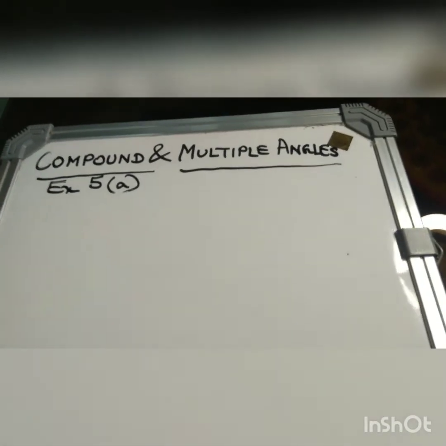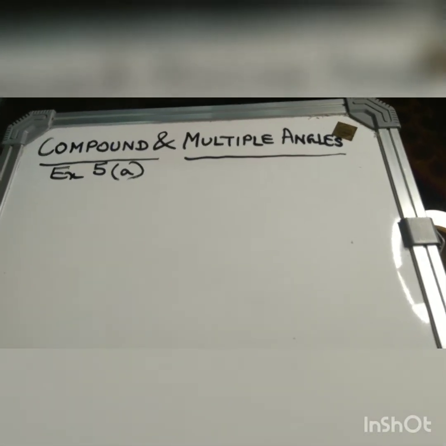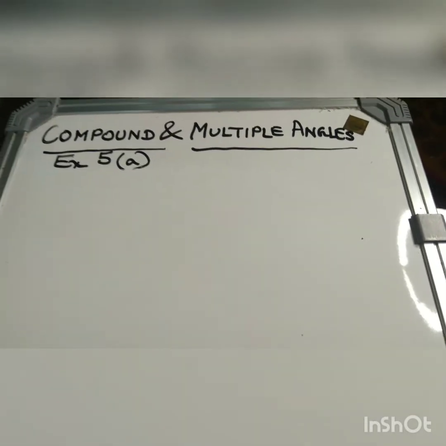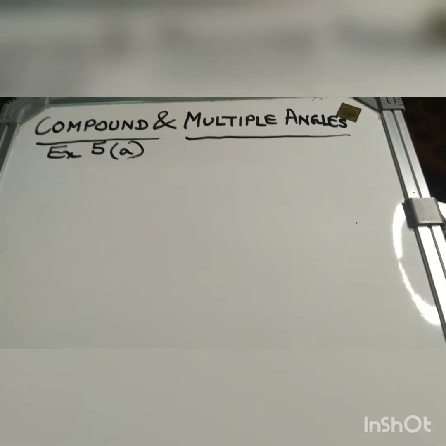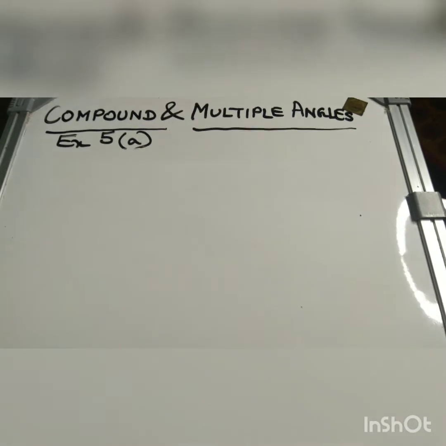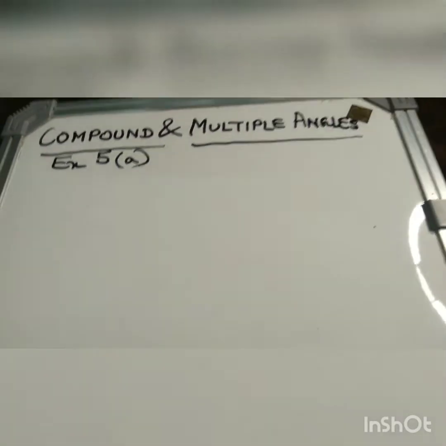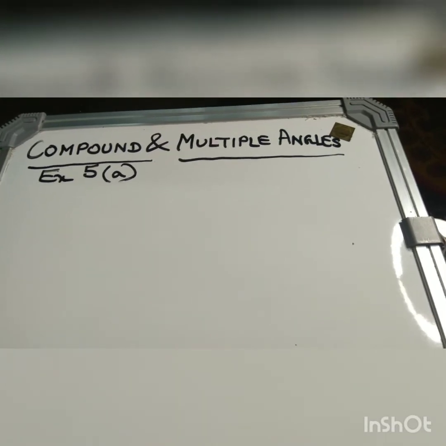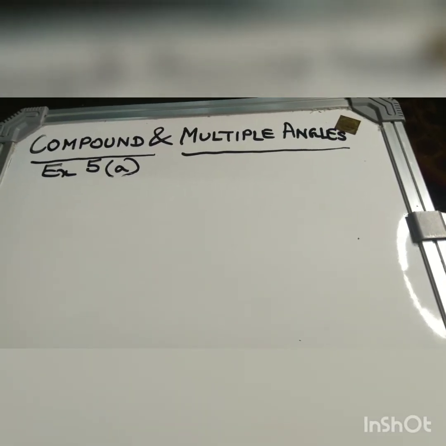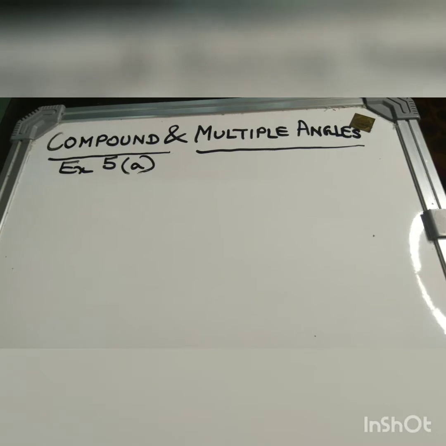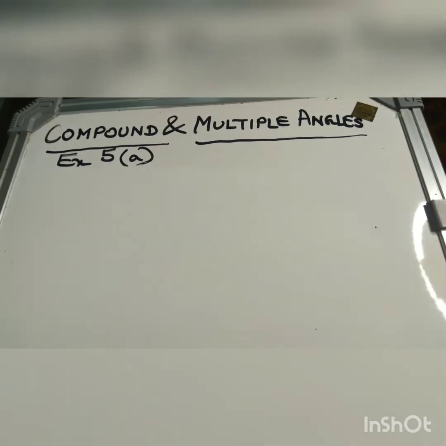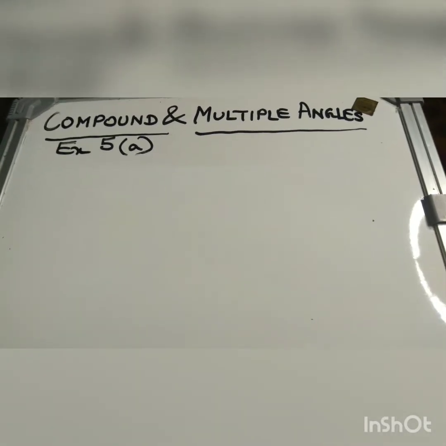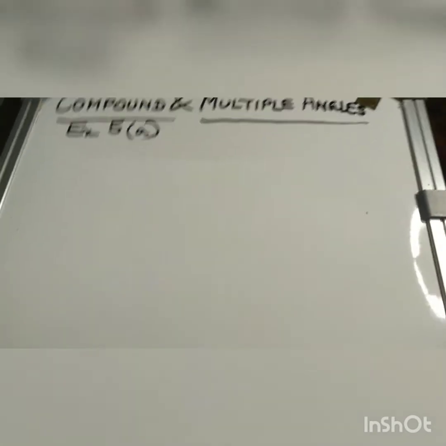Now children, we will start with exercise 5a, that is we will try to learn the application of formula to different types of trigonometric problems. How to use these formulas which we have just now learned, we will learn now in this exercise. We start with question number 1, a very elementary, very basic question, that is